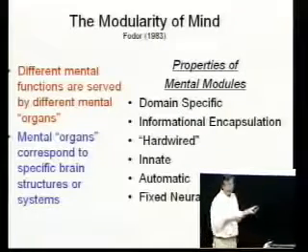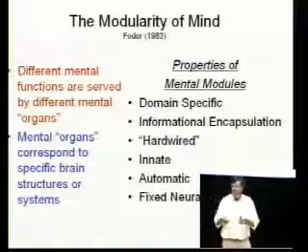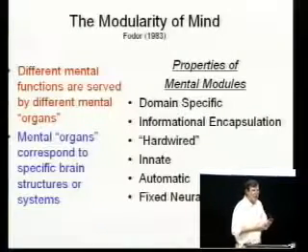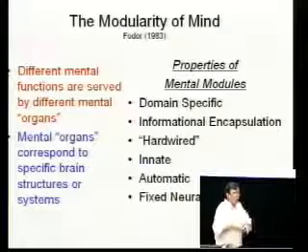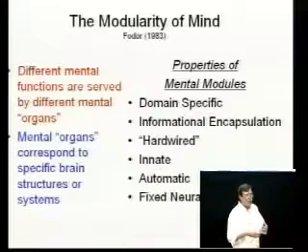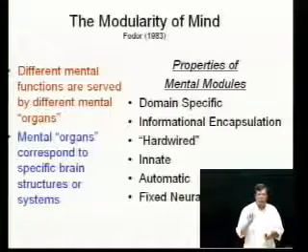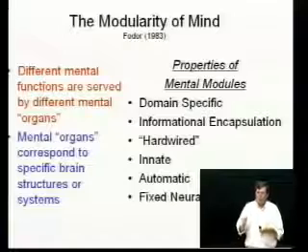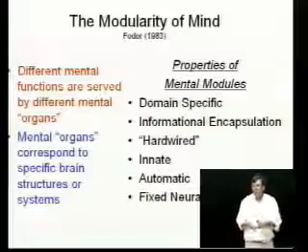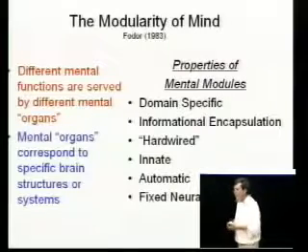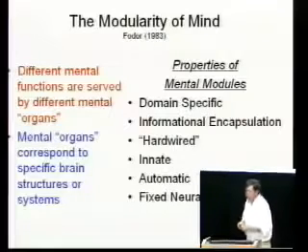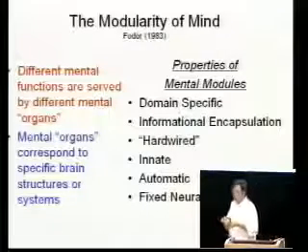Another property is that, at least hypothetically, they are innate. That is, they come with the organism as part of its basic information processing equipment. You don't learn to see visual illusions the way you see them. You don't really learn to use language the way you learn to use language. You use language the way you do because your brain's built to do language. You see the world the way you do because your brain is just built innately to see the world that way.